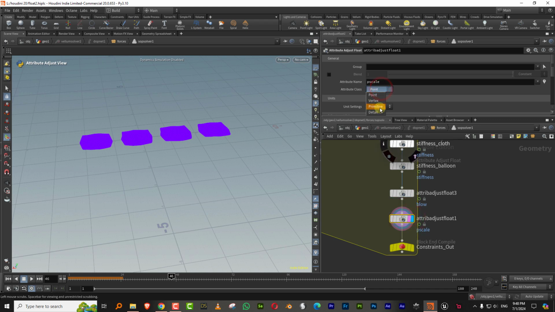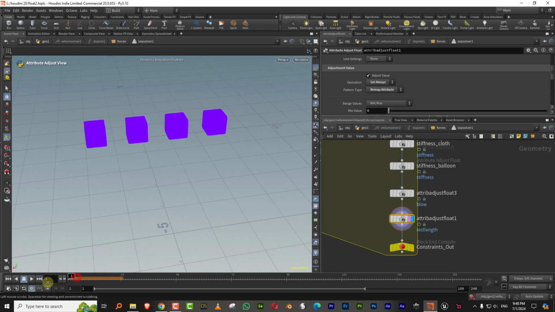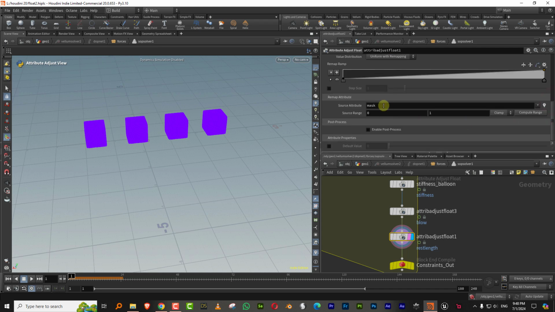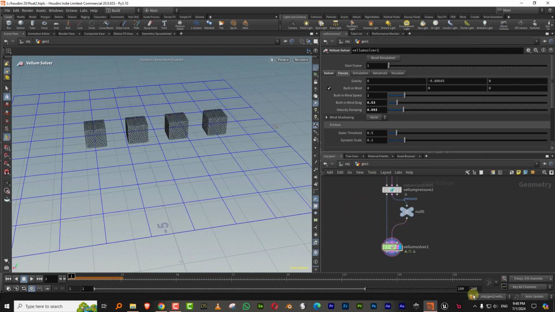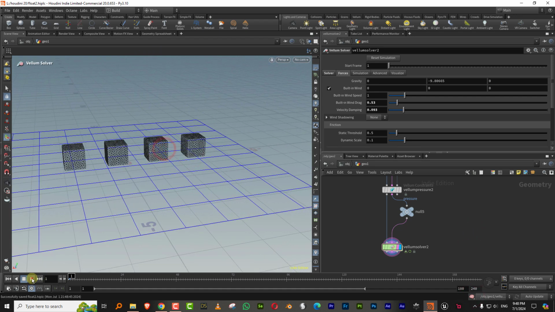This will be primitive level, and this will be rest length. Yeah, and this will affect balloon. And we'll do set always remap attribute. So it starts at 1, and let's go up to 5 to begin with, and it will modify blow. Okay, and if you've done everything right, we should have our basic setup in place, which is, if you press play,